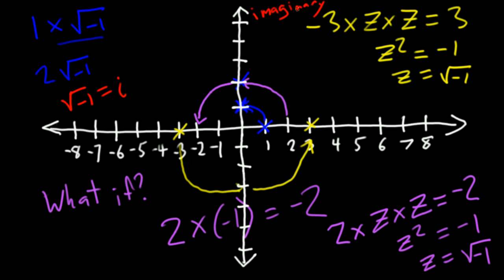This horizontal axis is called the real axis. And numbers that you're used to, positive and negative numbers, are called real numbers. Numbers that are on this vertical axis are called imaginary numbers. Now, to make things more confusing for you, some people also call this number j, especially electronics engineers, because